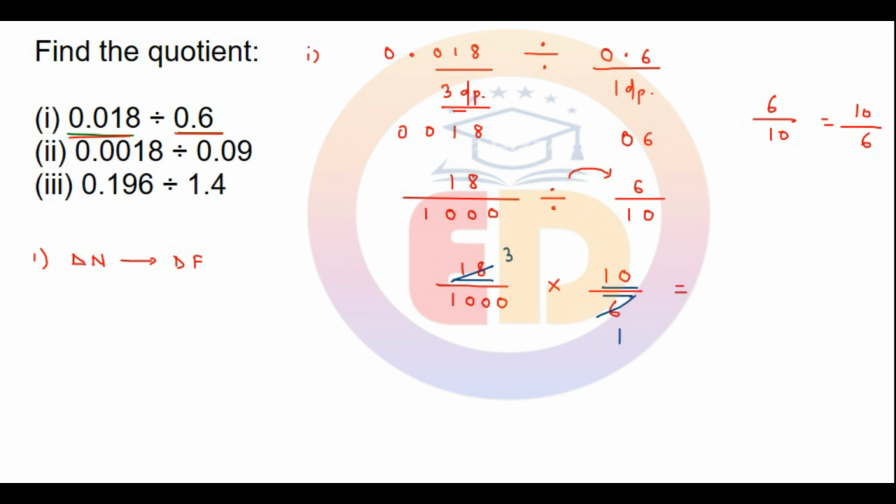यहाँ न्यूमरेटर में 10 है, डिनोमिनेटर में 1000 है. 10 का एक 0 कैंसिल हो जाएगा, 1000 का एक 0 कैंसिल हो जाएगा. हमारे पास यहाँ पर 3 into 1 बचेगा, विच इज 3. डिनोमिनेटर में 100 into 1 बचेगा, विच इज 100. 3 upon 100. 100 में 2 zeros हैं, तो 3 में हमें 2